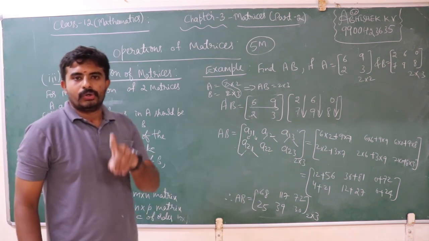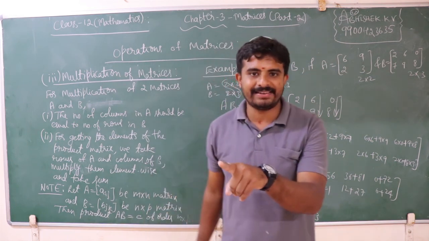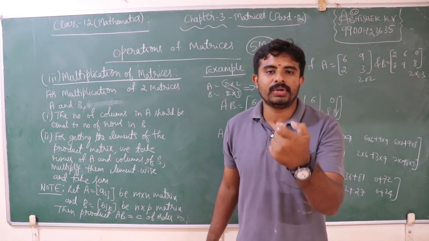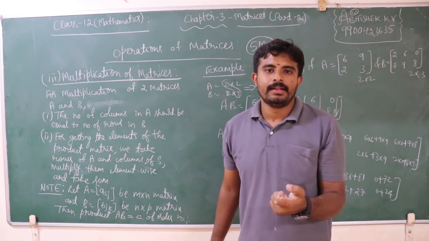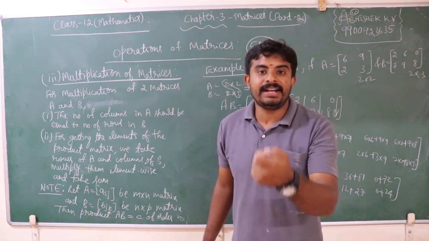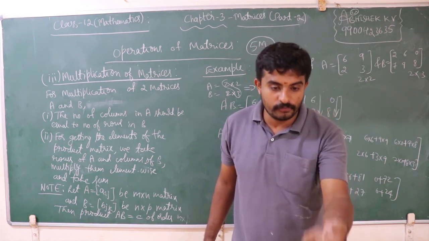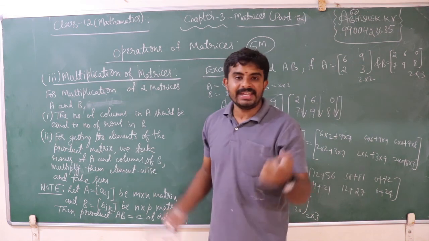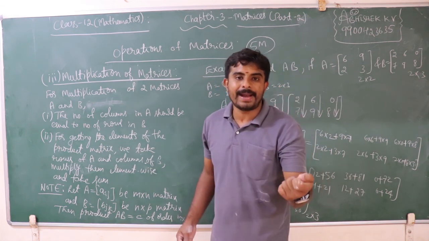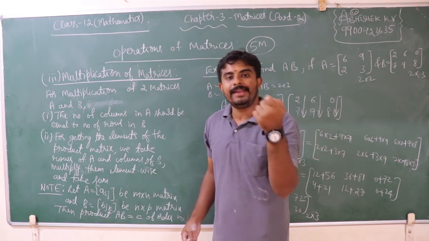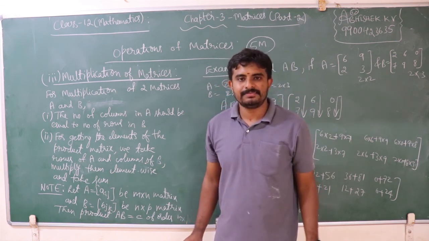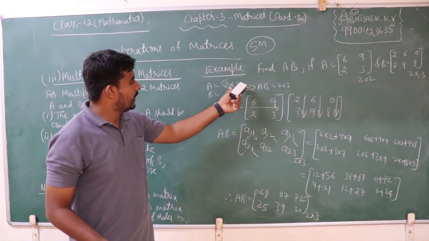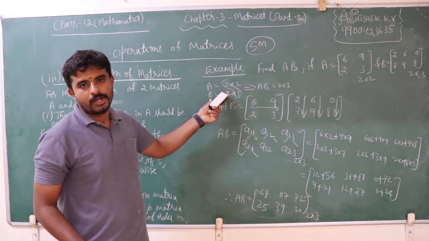Again I tell you, to do multiplication of two matrices, say A and B, A is the first matrix, B is the second matrix. If I consider the product of A and B, it can be done only if the number of columns of the first matrix is equal to the number of rows in the second matrix. That is done by taking a row of matrix A and a column of matrix B, multiplying element wise and taking their sum. Is it clear? AB is defined because the number of columns in matrix A is equal to the number of rows in matrix B.